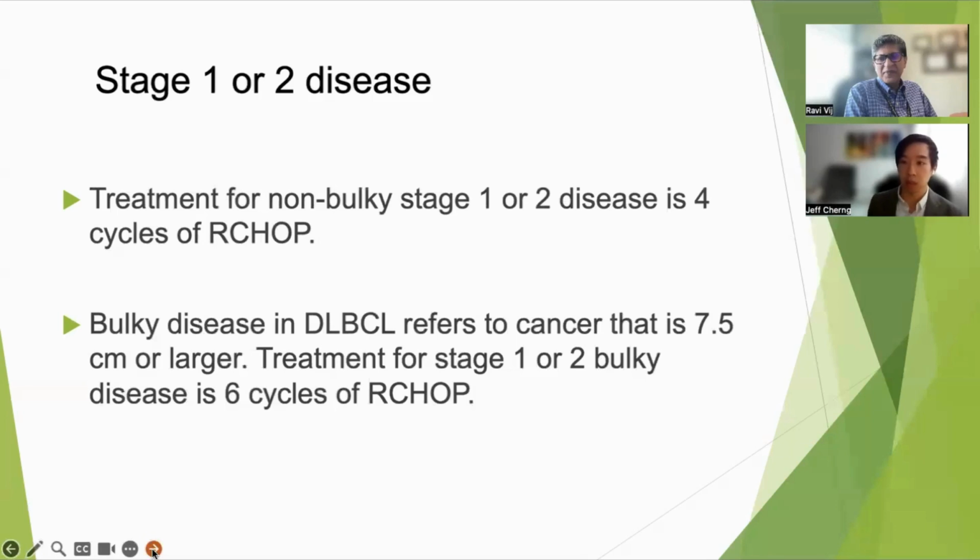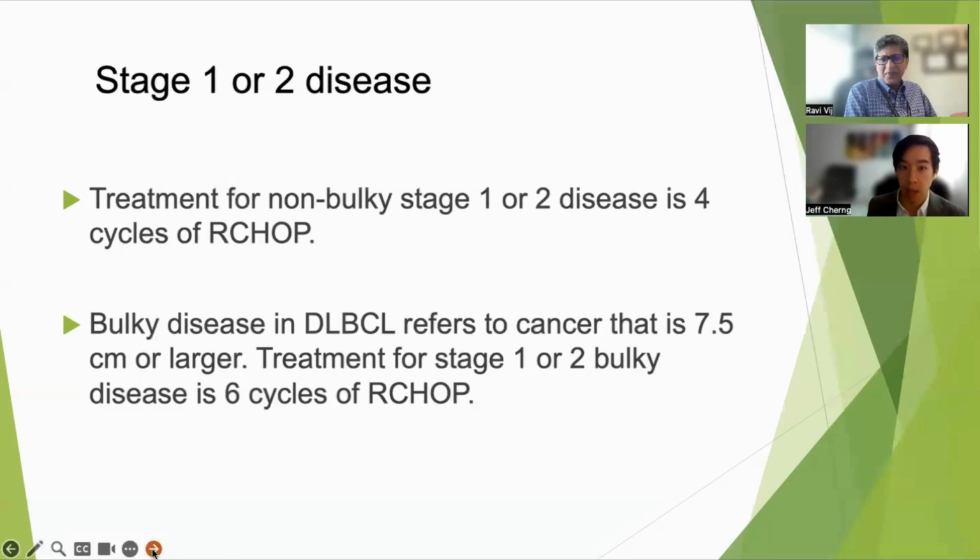And they randomized patients to either 4 or 6 cycles of R-CHOP versus 4 cycles of R-CHOP followed by 2 cycles of rituximab alone. And they found that patients with a de-escalated course of treatment had non-inferior outcomes and, as expected, decreased toxicity. And so this is now the standard approach for our low-risk patients with early stage disease. We don't typically think the last 2 cycles of rituximab alone do that much in an aggressive lymphoma like DLBCL, so we mostly leave that out, though certainly if you want to follow the clinical trial to the letter, you can include